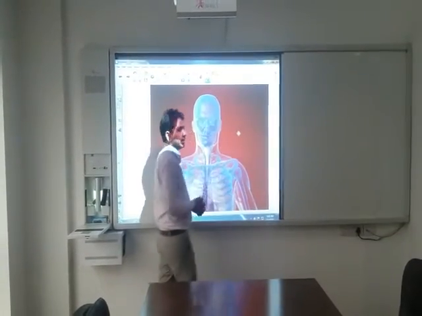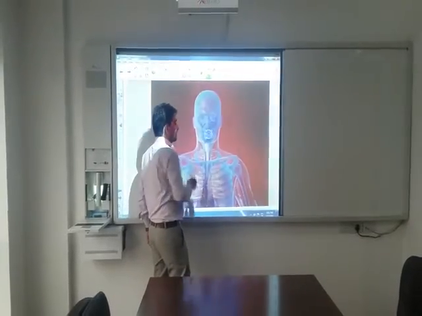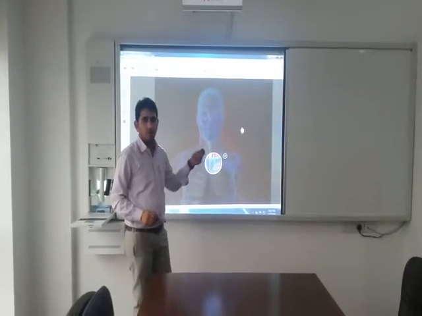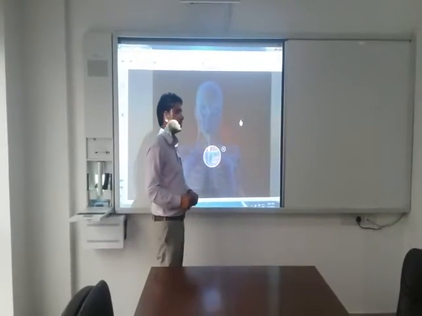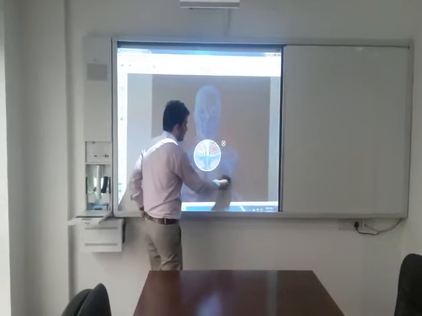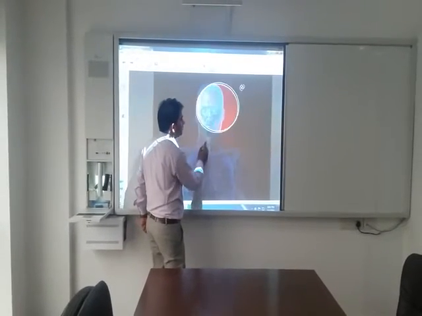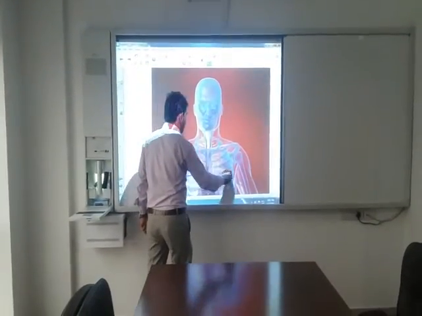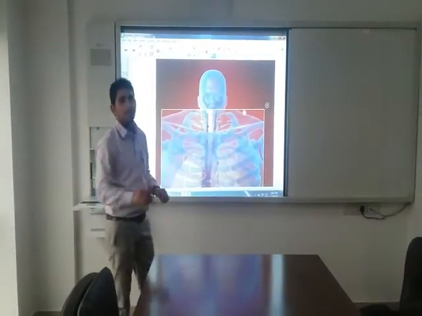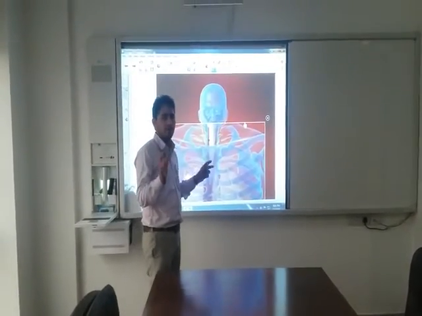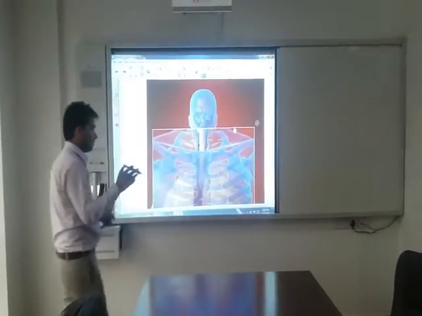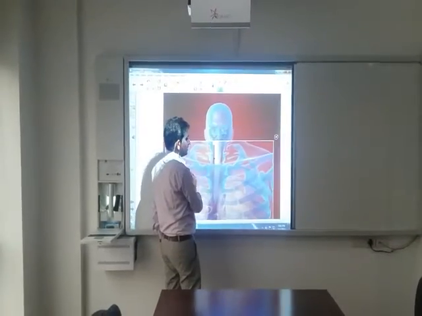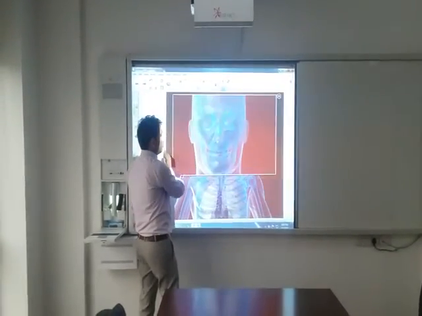Again, with the help of magic pen, if I draw a circle, then it will become a spotlight. Right? If you want to highlight some particular part of a body or particular part of an object, then we can use this. Okay? If you want to change the size, you can change the size also. If you want to move, then we can also move it. Again, with the help of magic pen, it will become a magnifier. If you want to magnify some particular part, then draw a rectangle, then it will become a magnifier, like that. If you want to change the size, we can change also. If you want to move this, then we can move also.